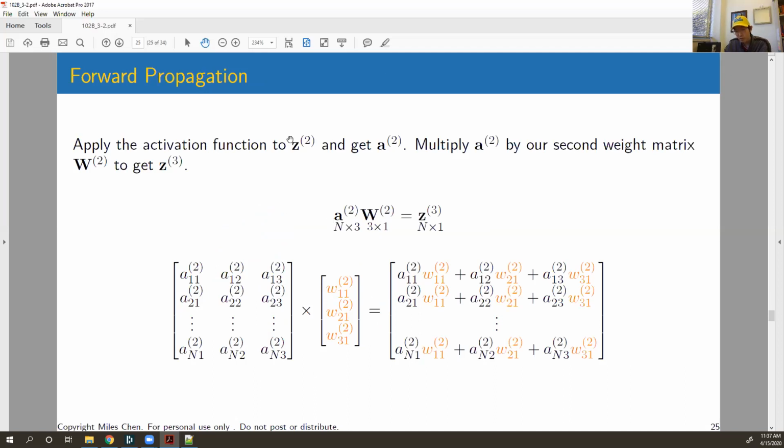That's the result of applying the activation function to the Z matrix. The A matrix, we're going to multiply it by the W2 matrix, okay? So A is n by 3, W is 3 by 1, and that's going to give me an n by 1 matrix, which we're going to call Z super 3 to indicate this is the result for our third layer. So I've got the A matrix, which is n by 3, 3 columns, and each of these is